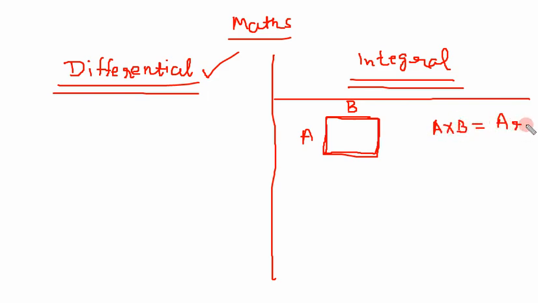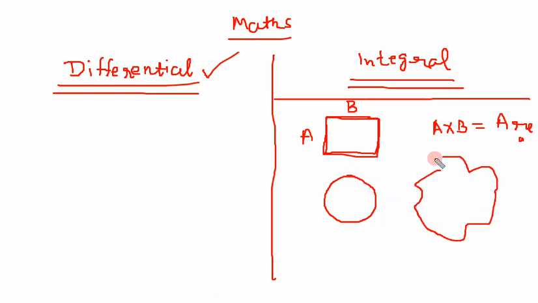But there is a problem. The problem is that not everything in this world is like a rectangle, or a perfect circle. Some of the things would be like this. So how do we calculate area? Now have you understood the statement? How do we calculate this area? There must be some way so we can calculate this area.